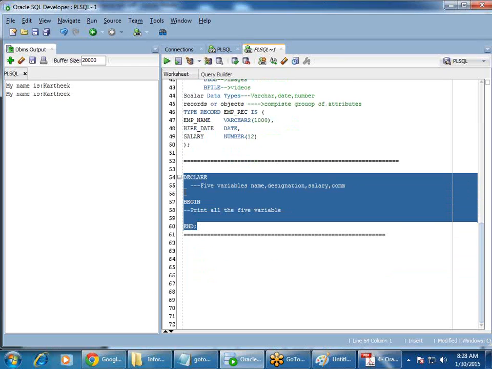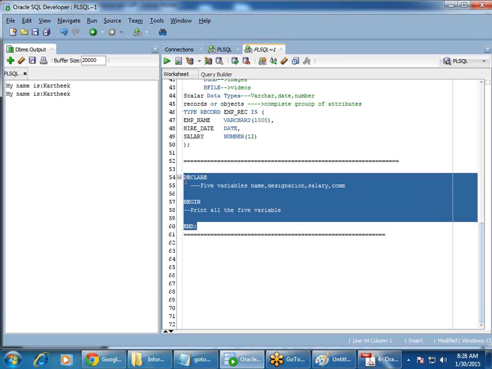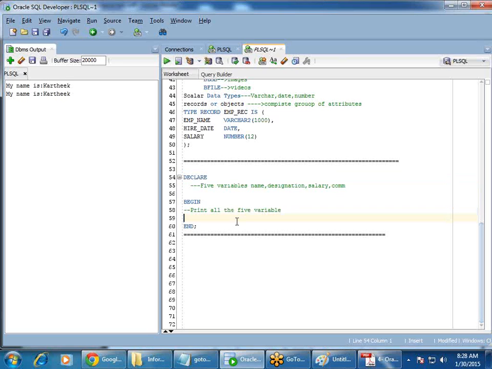Whenever I'm writing a program and executing it, is this program getting saved into my database? No. Anonymous blocks will never get stored in the database. It is a non-stored program. Whenever you execute a program, there are 2 phases: one is compilation, another is execution. When you execute an anonymous block, compilation and execution happen at the same time. When you go to procedures and functions, those will be compiled and stored. Anyway, we'll see that. Now I want you to declare 5 variables: name, designation, salary, commission, maybe the joining date,